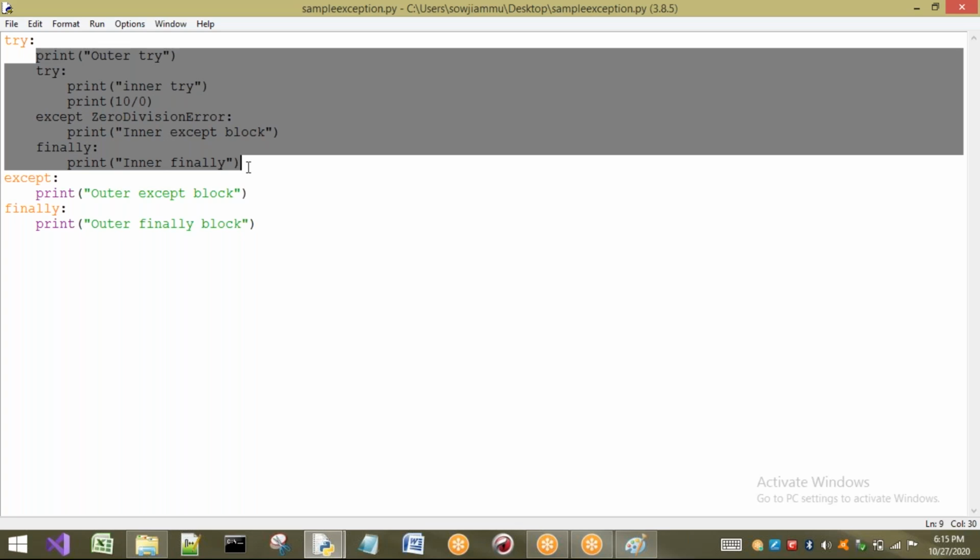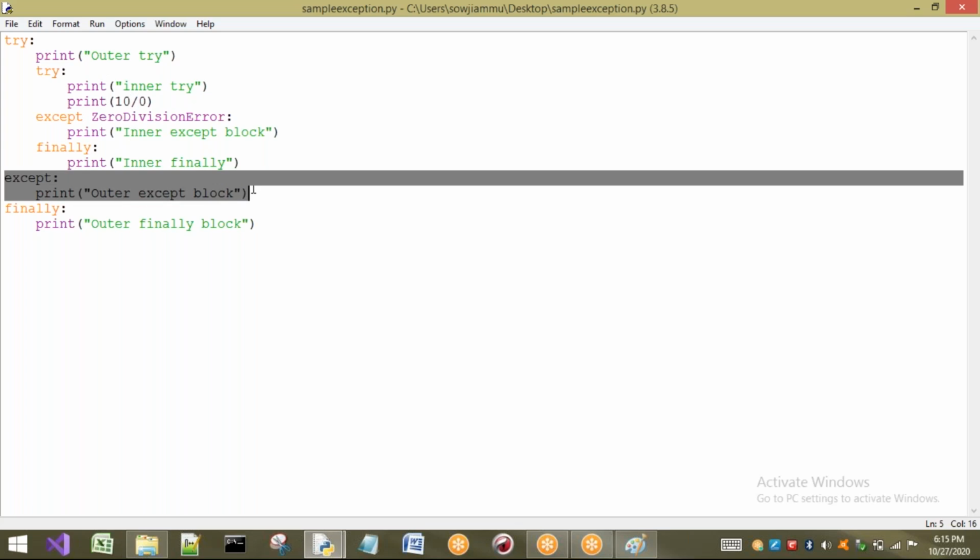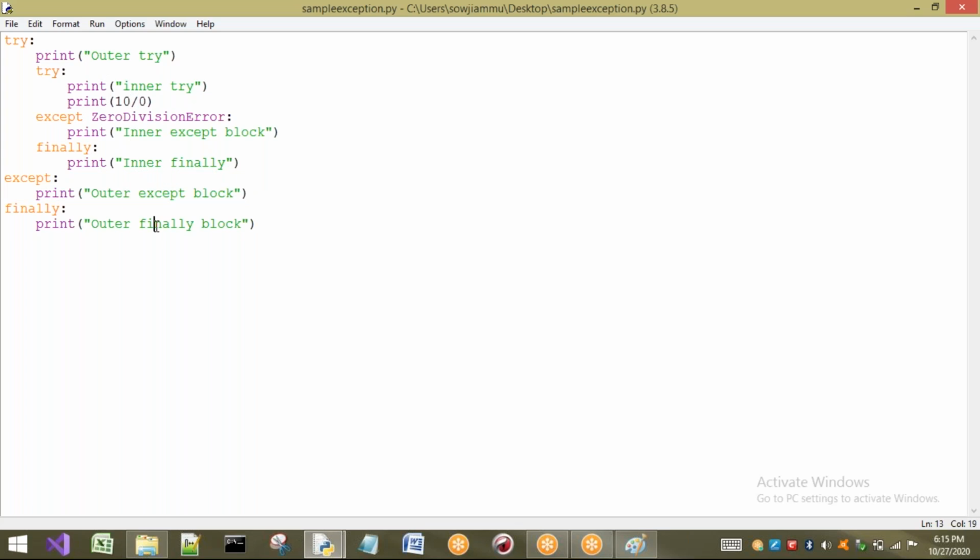There is no exception remaining. The exception was raised here and handled by this except block, so we are not going to enter the outer except block. Finally is common: whether there is an exception or no exception, whether the exception is handled or not handled, the finally block is going to be executed.